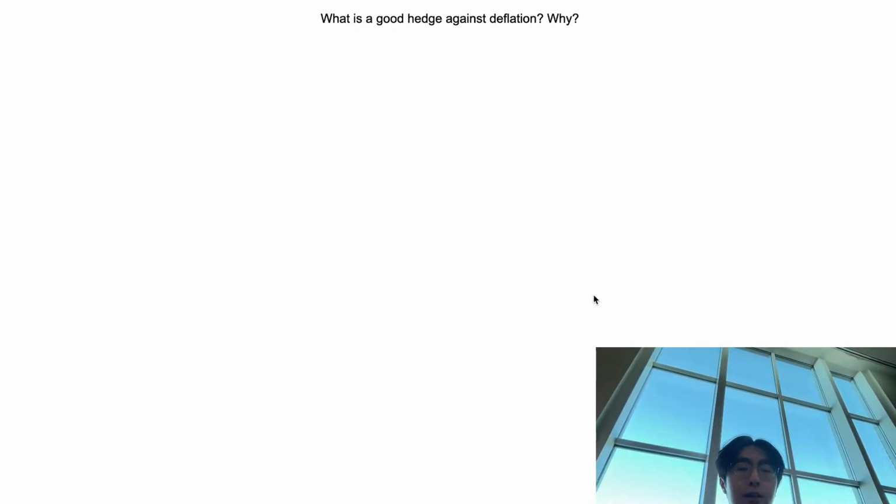What is a good hedge against deflation? Okay, so I think in this context, when you think about deflation, it's the idea of your purchasing power increasing. Another way of saying that is the prices within a certain economy are decreasing. To protect against that, I think what you could do is purchase treasury bonds or treasury bills or some type of government security that's denominated in that specific currency. So what I mean by this is when you have a currency that's devaluing,